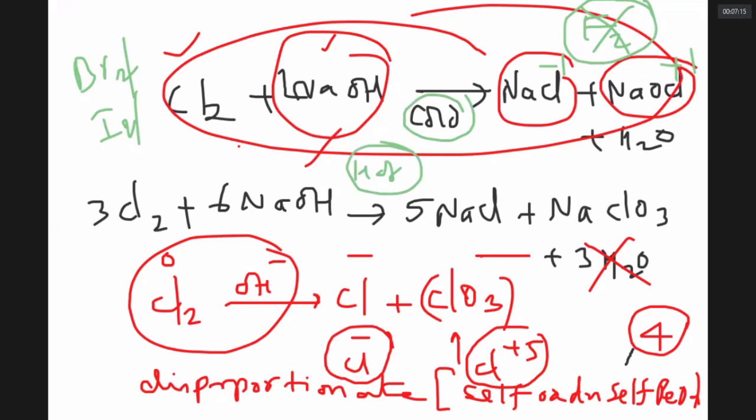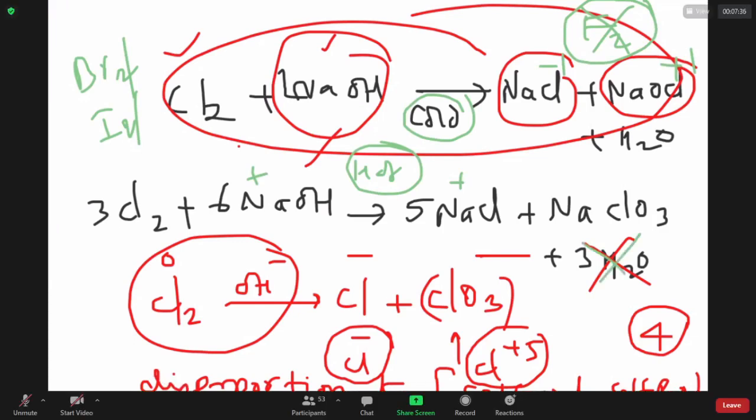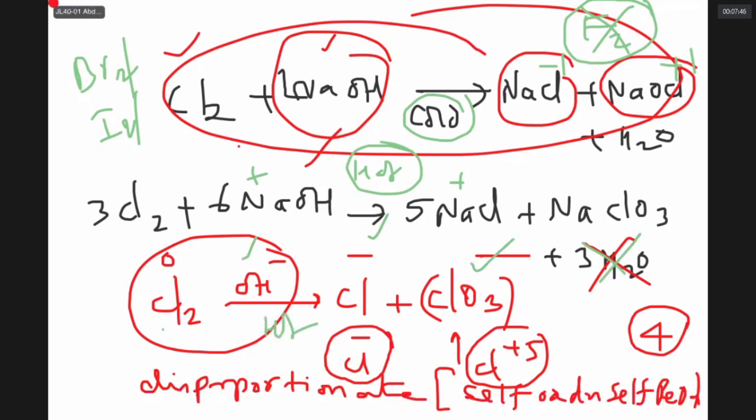In this reaction, if you are trying to write the ionic equation, you will remove spectator ions. What are spectator ions? Ions whose oxidation state is not changing. Also, while writing the ionic equation, you don't bother about water. So simply you can write the ionic equation like chlorine in presence of a base gives chloride ion, chlorate ion when it is hot. In the disproportionation reaction, they made a statement that when chlorine reacted with hot NaOH, it gave A and B.